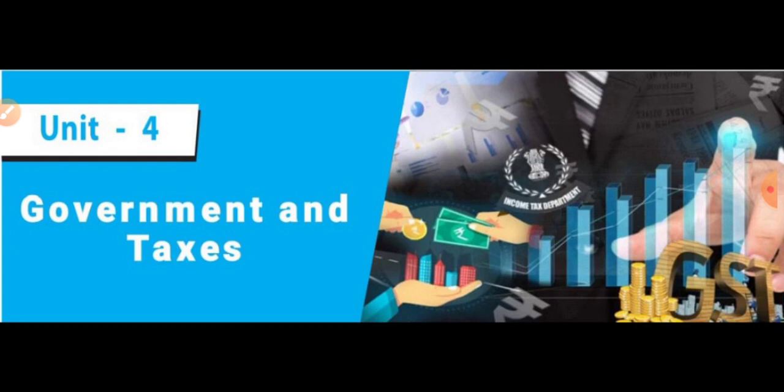Next one is law and order. Both the state government and the union government enact numerous laws to protect our rights and properties, to regulate our economic condition, and to improve our society. Through these laws, we get some rights in our country. We are protecting our properties and the society also gets improvement.